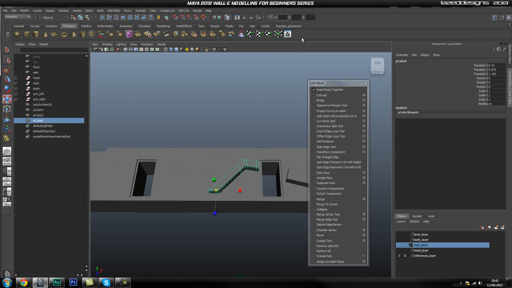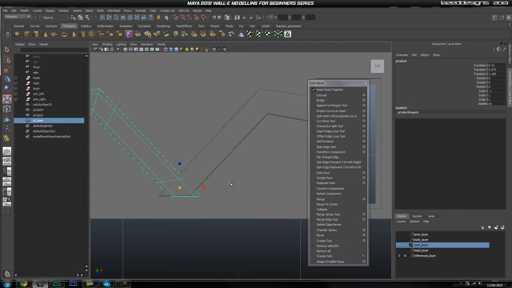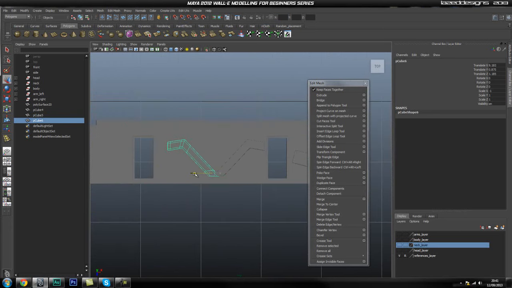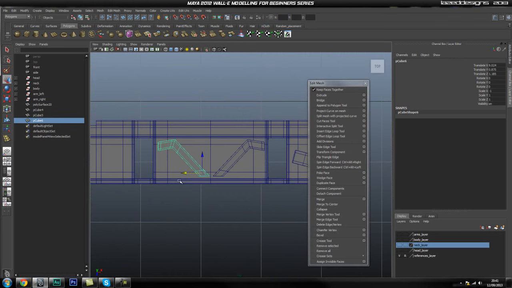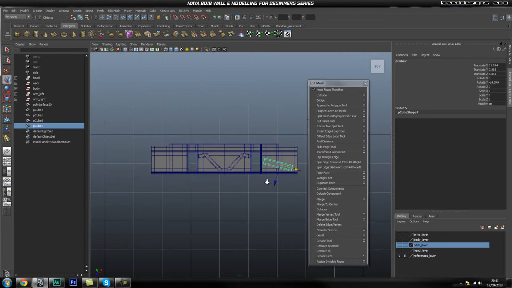So I'm gonna X minus 1 and go into my top view, and I'm gonna go ahead and move this, and again turn my wireframe on just so I get a reference. Okay, that looks good. And same with this, let's duplicate this,